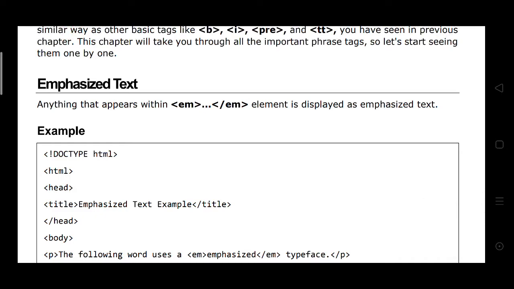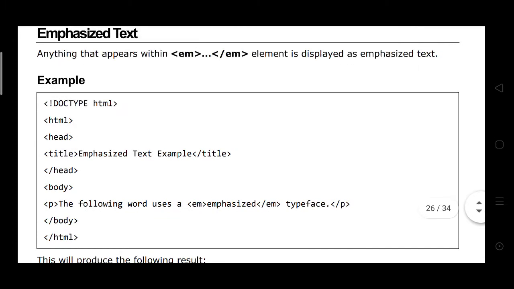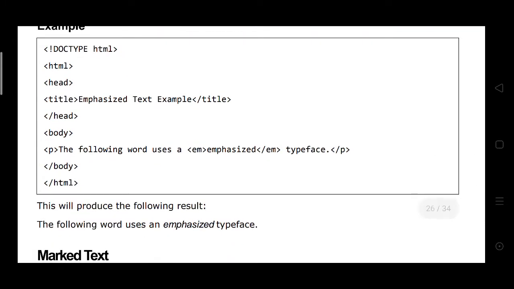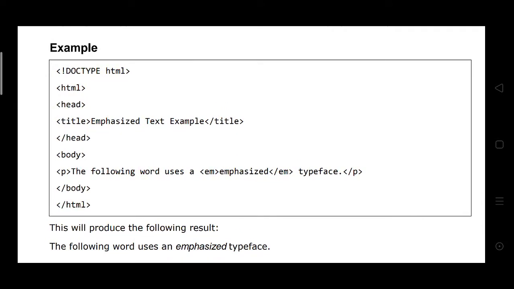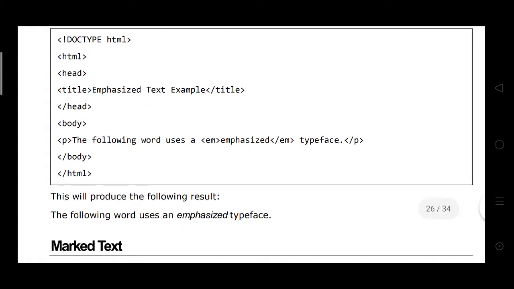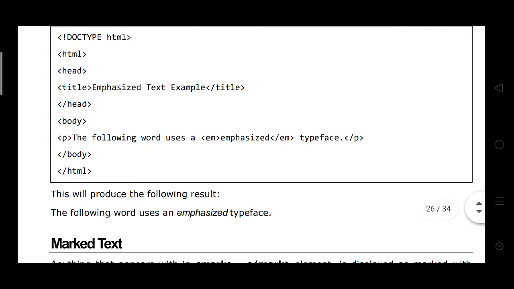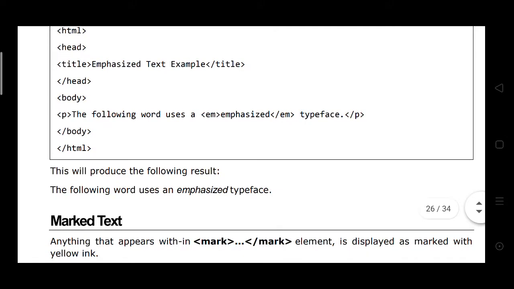Emphasized text. Anything that appears within EM elements is displayed as emphasized text. Here is an example program: doctype HTML, head, title emphasized text example, head, body.